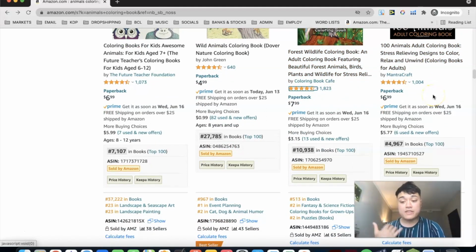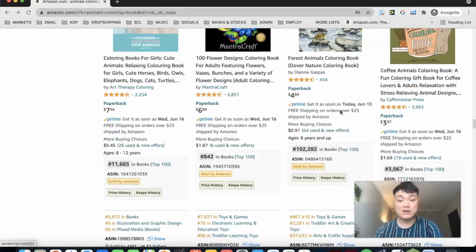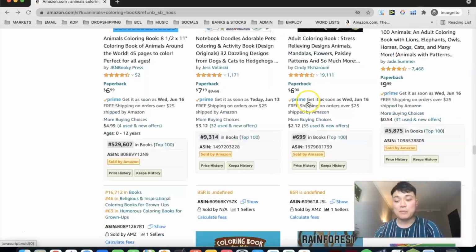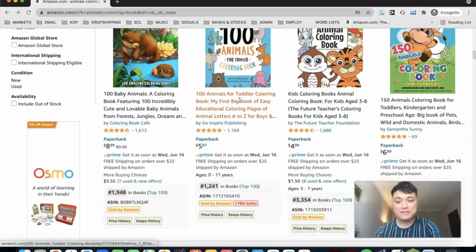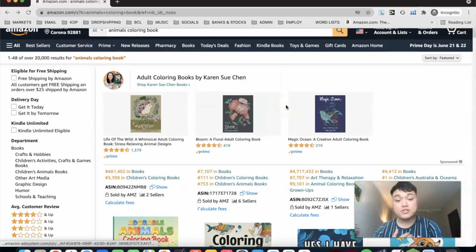So we know that there are a lot of good selling books in this niche, but that's not enough to convince me to use my resources to publish a book in this niche, because we want to know how much competition there is. And just by looking at this niche, as you scroll down, you can tell that there's going to be a lot of competition. So the premise of this niche research strategy is to see if anyone's published in this niche,